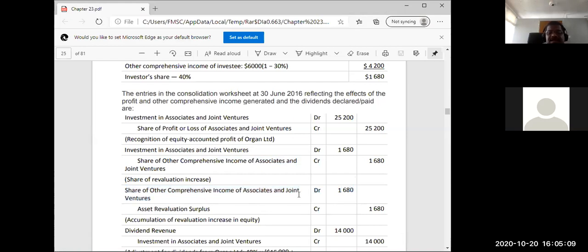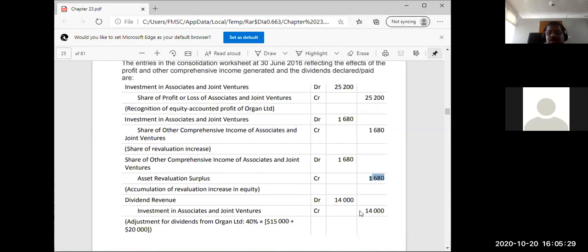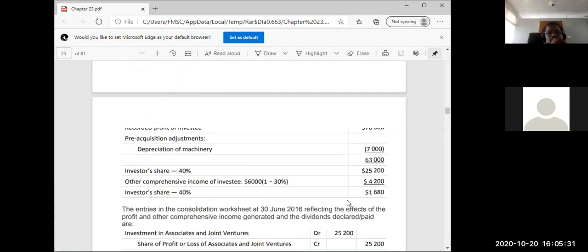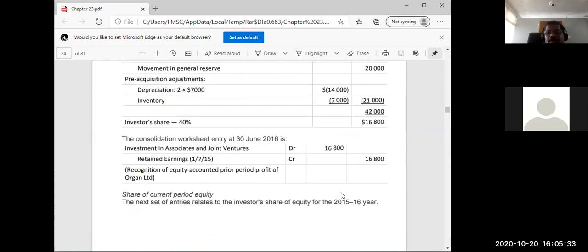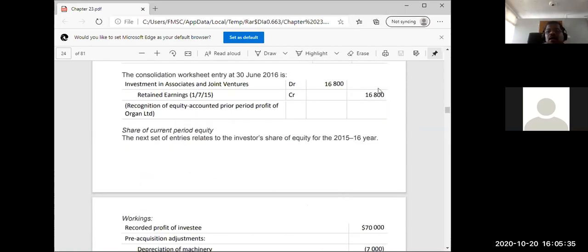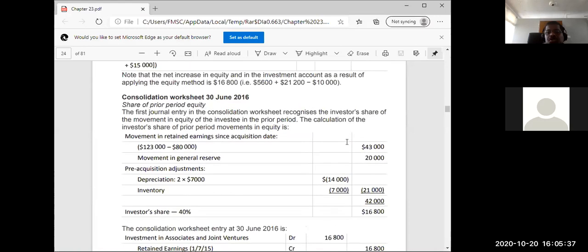In the second journal entry, the same account is debited. So finally, what happened is this contra entry and this entry. That means investment in joint venture account debit and assets revaluation surplus account credit. So dividend revenue 14,000. If I go back to my normal calculation,